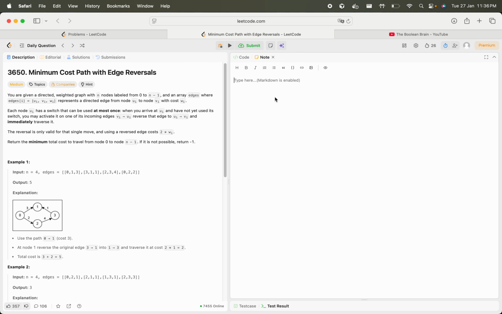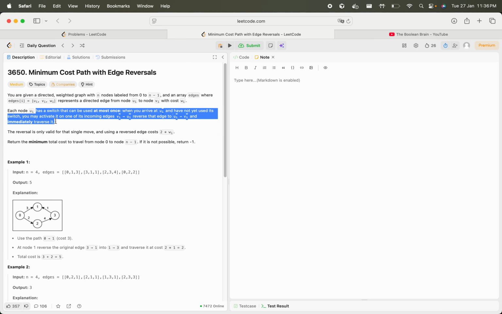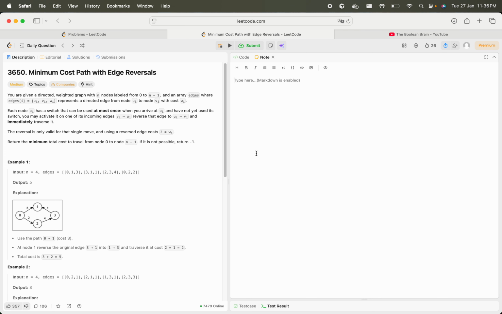Looking at the problem statement, it might sound a little difficult to understand due to this switch, but it's a very simple and straightforward implementation of Dijkstra's algorithm. Why Dijkstra's algorithm? Because we want the minimum cost travel from 0 to n minus 1, and we all know that Dijkstra's algorithm is used when we have a